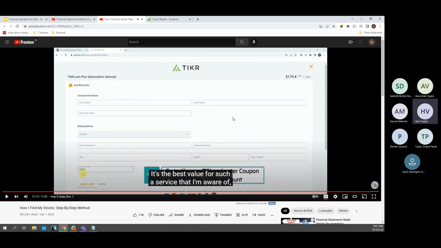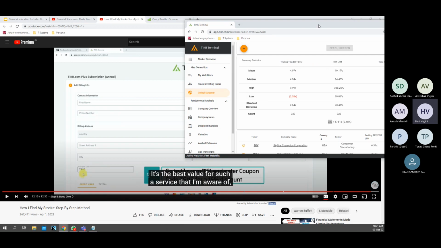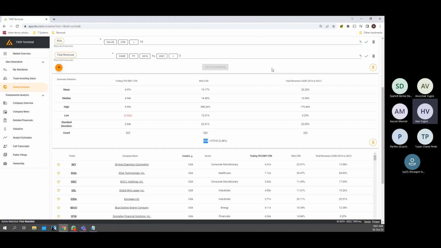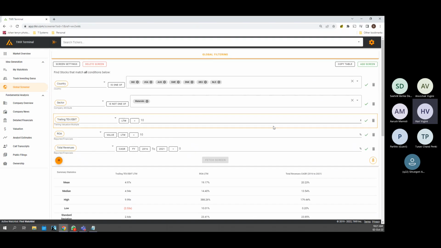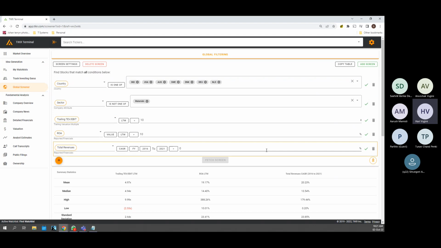It is the best. So now he's talking about Ticker, but let's look at what companies it throws up based on the screener. So you could also save the screener so it shows up in the future when you log off and log in again, right?